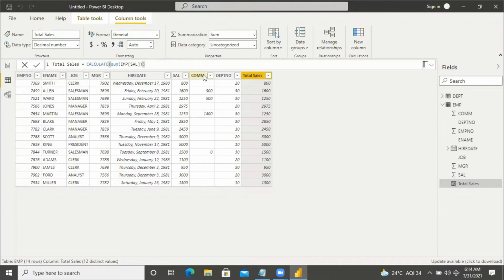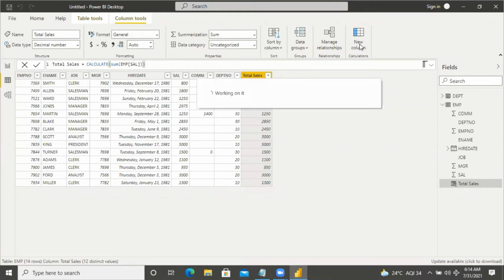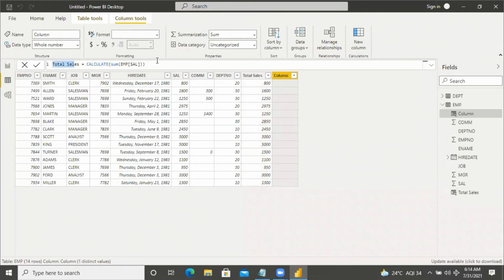Here I'm taking one more measure to practice another DAX function called RANK.